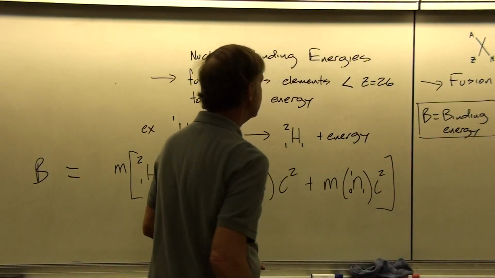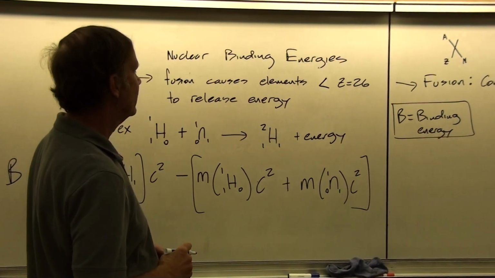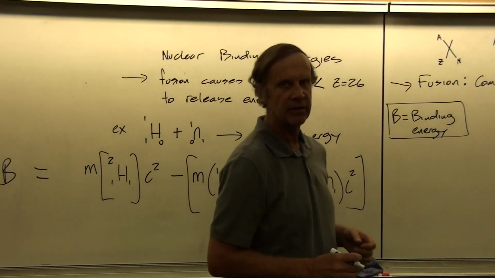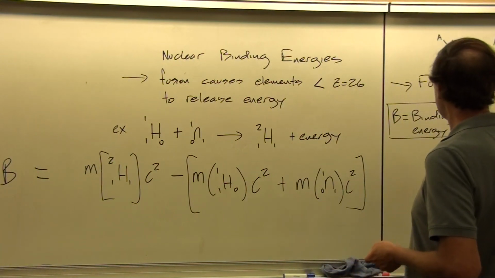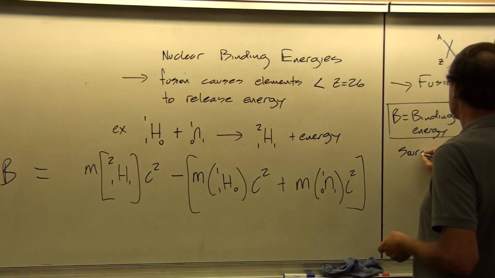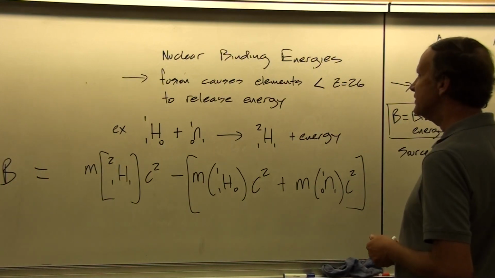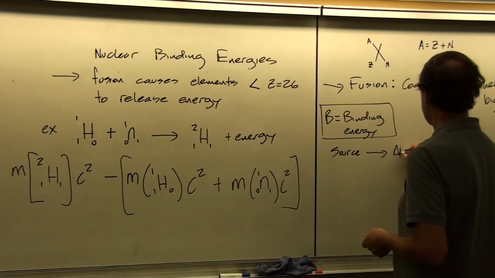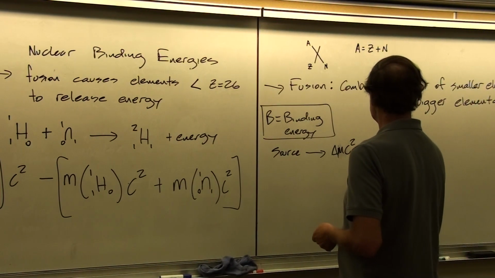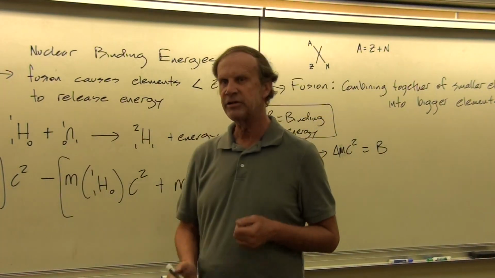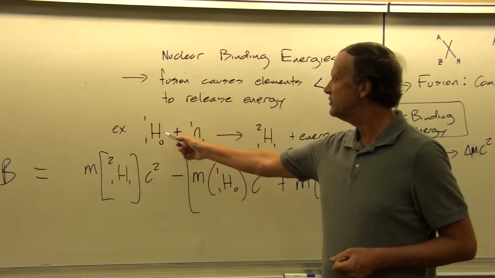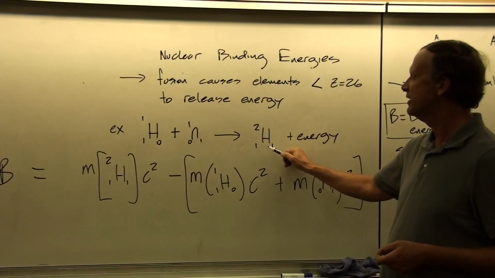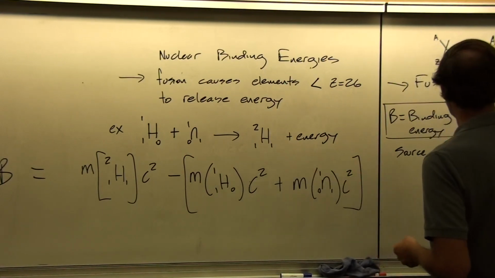We'll call this kind of energy the binding energy for the reaction. And so the way that we can determine the binding energy is by first noting that the binding energy has as its source mass. The difference in mass times the speed of light squared, delta m c squared, is equal to our binding energy. So when you weigh the hydrogen atom and the neutron, and you compare that in weight to the heavy hydrogen, one side is going to pop up on the scale.